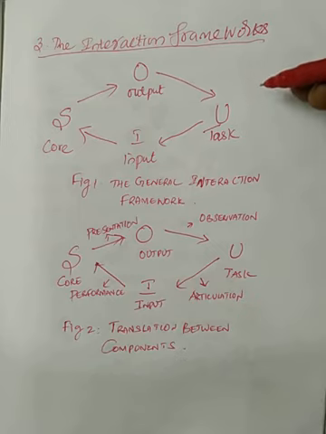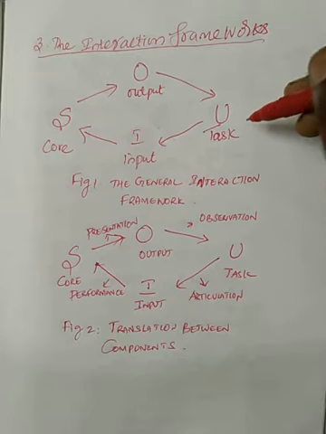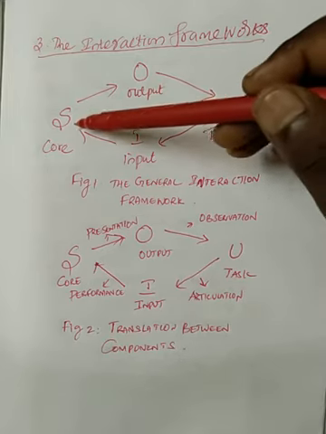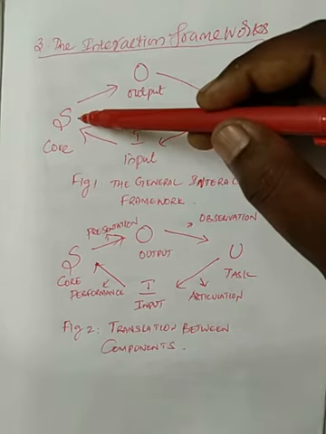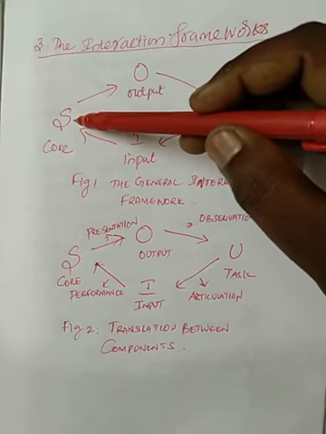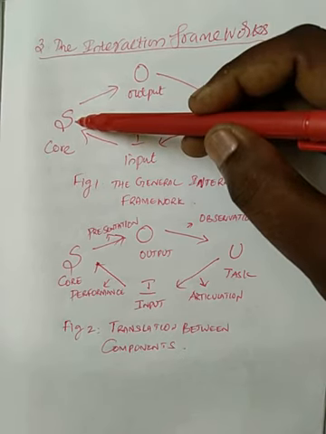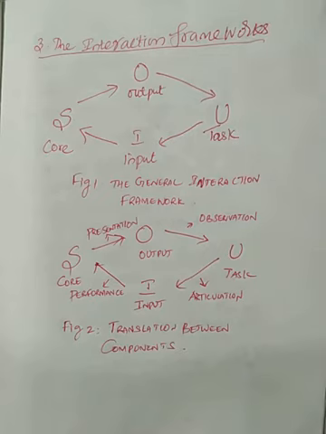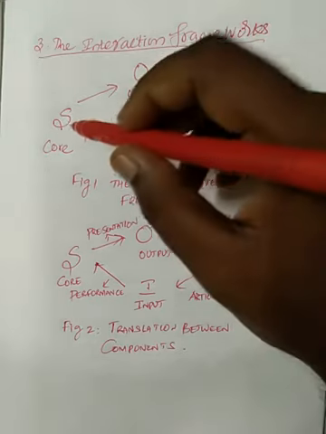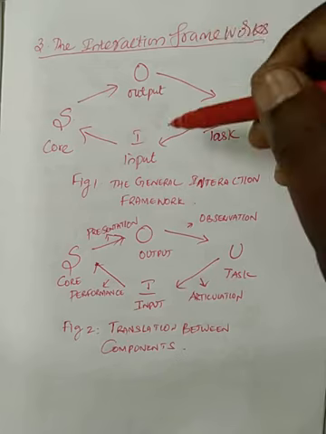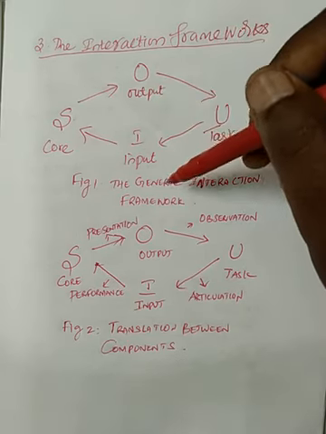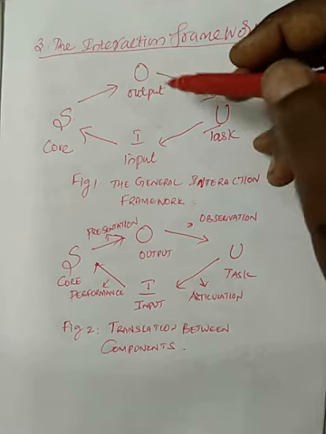The user uses a language to achieve some task, which is said to be the task language, and the computer executes the user task by means of a set of instructions. Such an instruction can be framed with the help of what is called core language. Okay, so we know these two languages very well, but in order to achieve the interaction framework, we need to know two more languages: the input language and the output language.